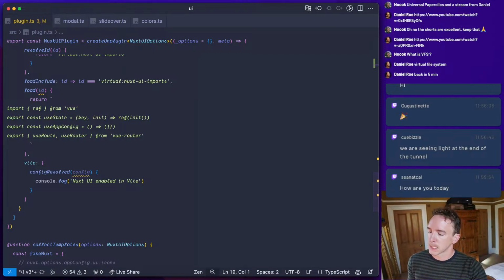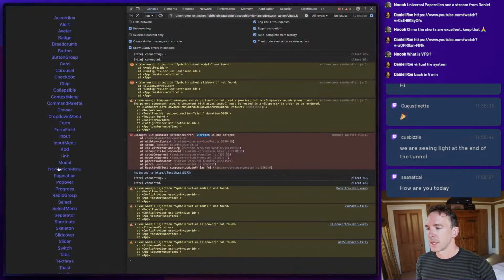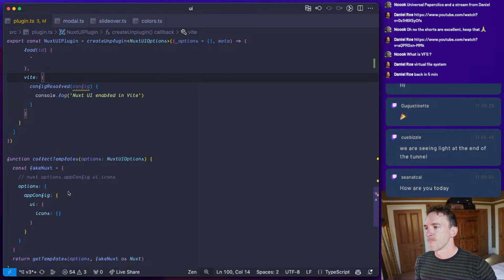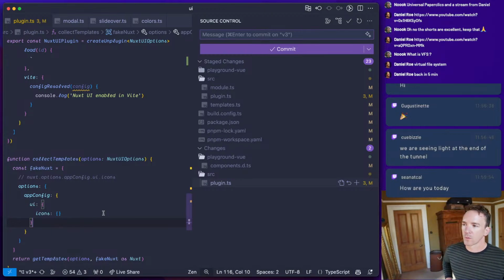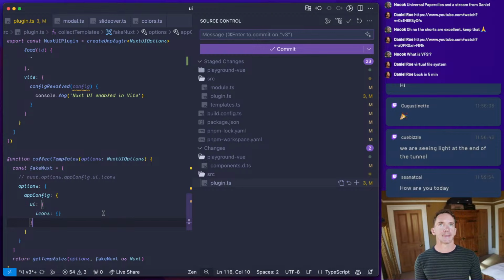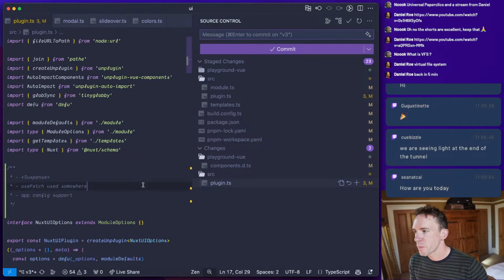So what does that look like? We basically want to inject something into the runtime of the entry file, like when we initialize Vue itself.